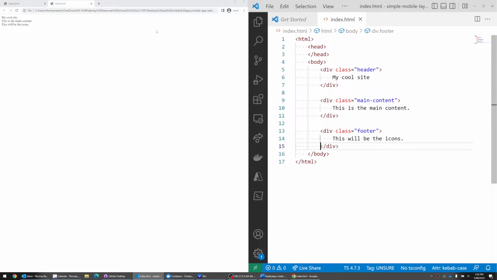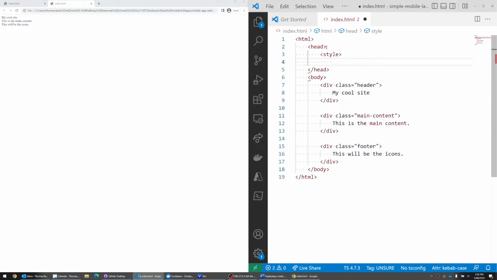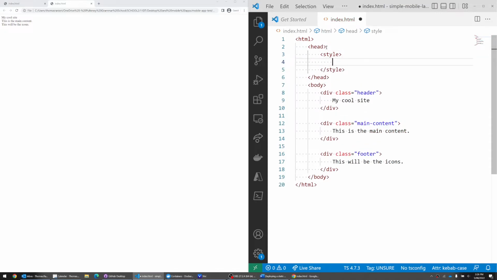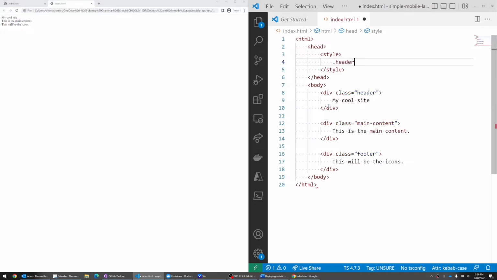There we go. Save, go over here. It doesn't look any different here, but now I can apply different formatting to each of them. For example, in the head, I can have a style element, and now I can put CSS here in the style element. I can put CSS for this element that has a class of header. To say that I want to apply formatting to this element with a class of header, I do dot header,